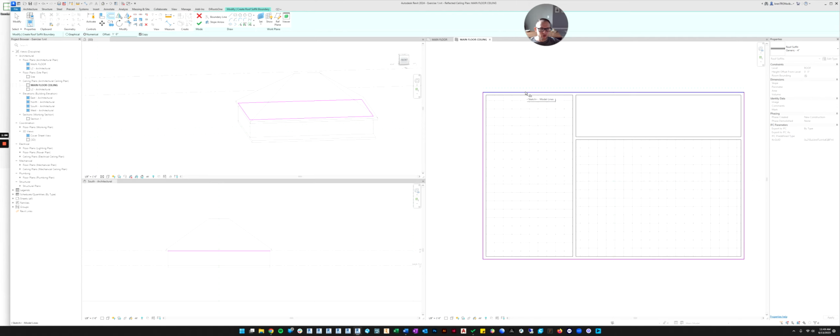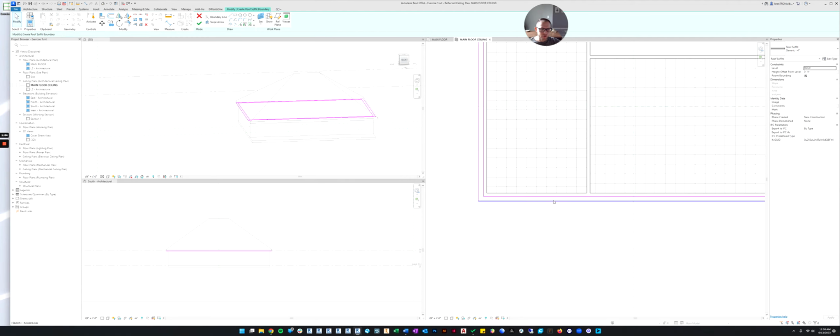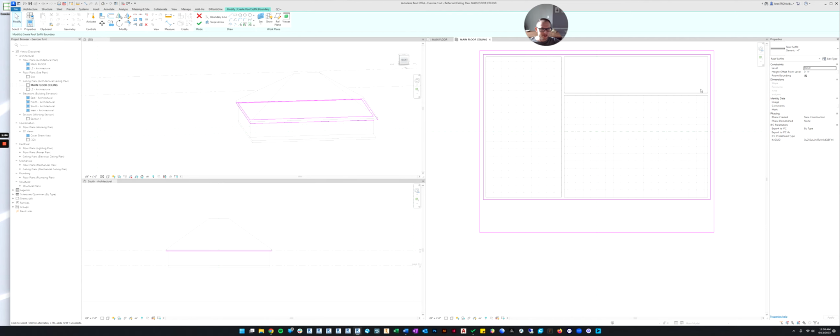And again, if you hover over the line, you can see depending on where you move your mouse, it changes which side you're going to offset on. So I'm going to click in the view to make it active. I'm going to tab select all the outside walls and then finalize my selection. Then I know the porch is 8 feet from the exterior wall. So we're just going to move the wall, click the move command. We're going to move the sketch 8 feet. So now it should be aligned exactly to the bottom of the roof.